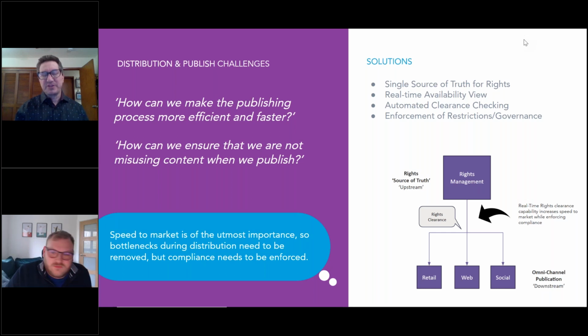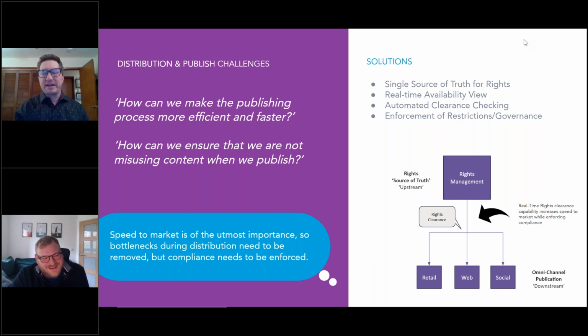Yeah, absolutely. And this is where getting all your ducks in a row, so to speak, as we've been talking about, really starts to pay off, because you really get value out of the technology if you've set up all that data up front around your asset metadata, your rights data, your talent data, and you have in place the technology to manage and analyze that data. Then you really start to get the benefit when you talk about distribution and publishing, because like you said, the most important thing is to get it out the door as fast as we can, get it out to market,